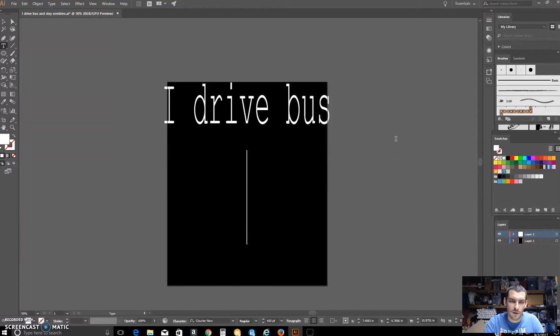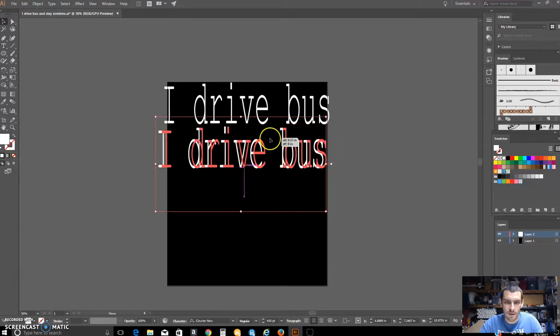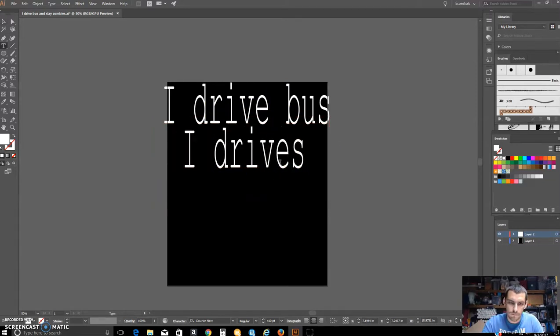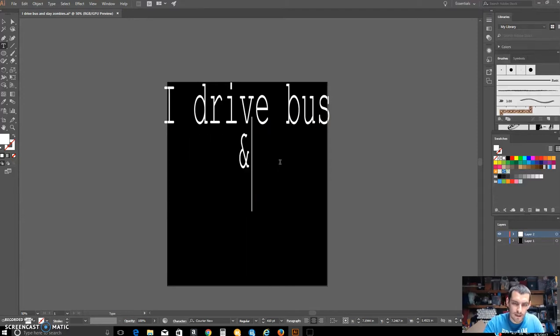and I could hit enter and go down to the next line and keep typing here, but it's easier to move around your text and resize it if you have separate text boxes for each line. And so the first line is going to say I drive bus, and then from Illustrator I hit escape, it highlights it, and if I do Control C, it copies the text box, and if I do Control V, it pastes it back on here. So from here, I'm going to say and then I'll copy that down to the next line, and I'm going to rearrange these once I get the whole text in there. I drive bus and